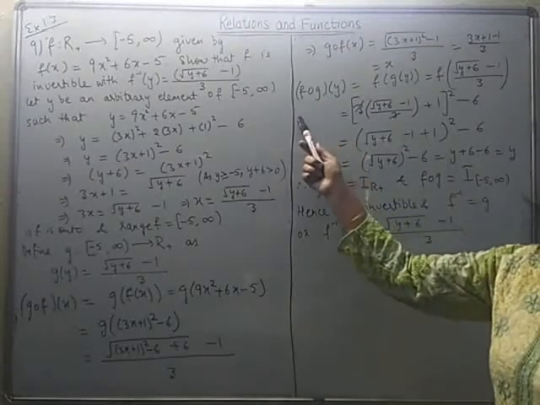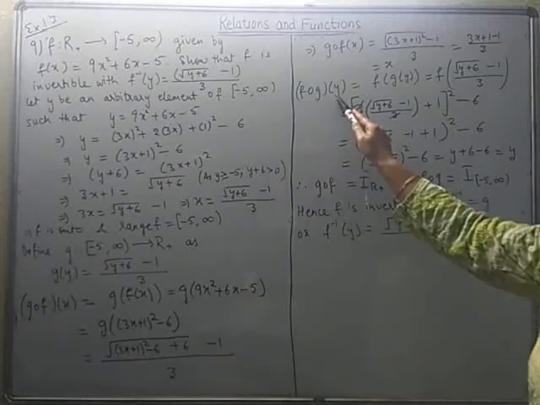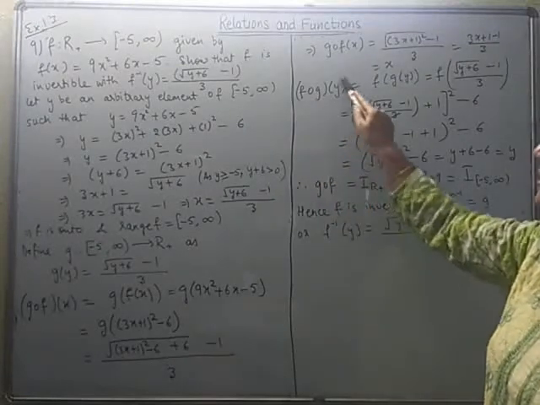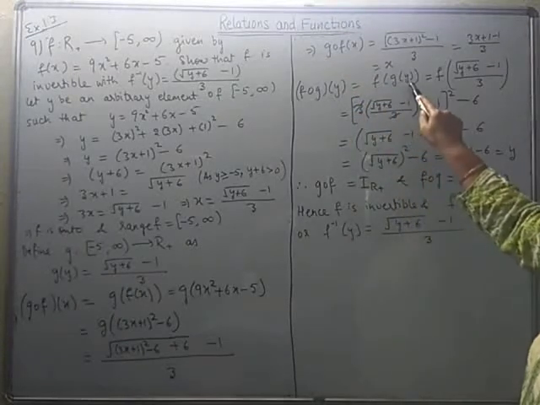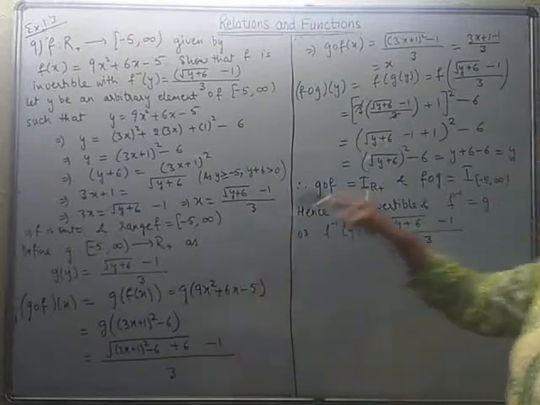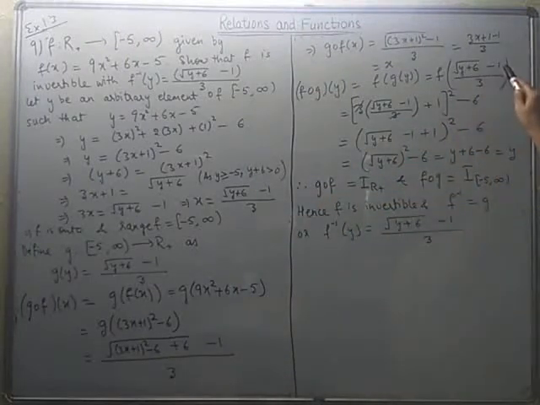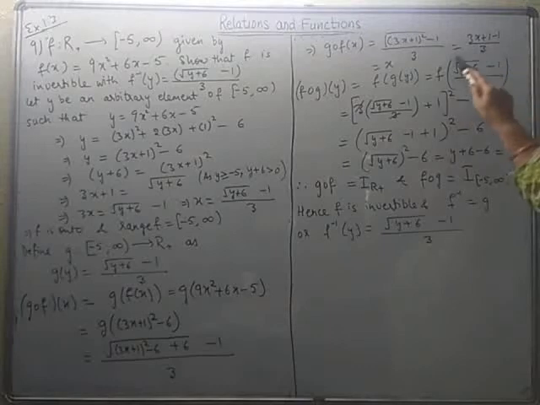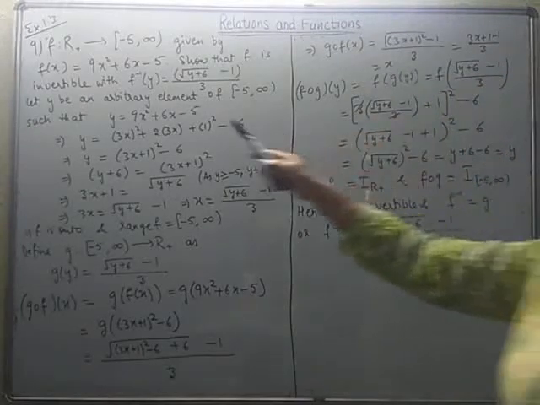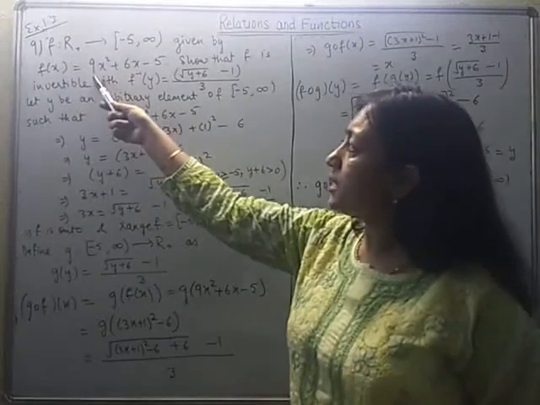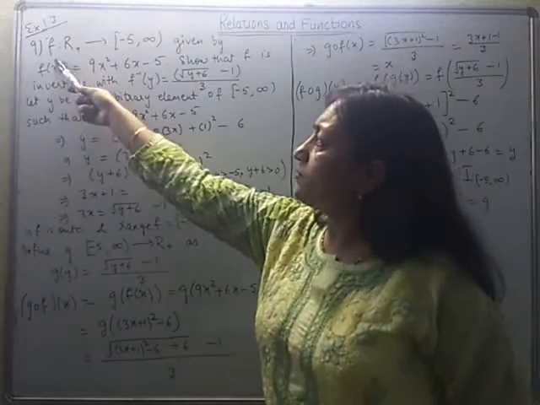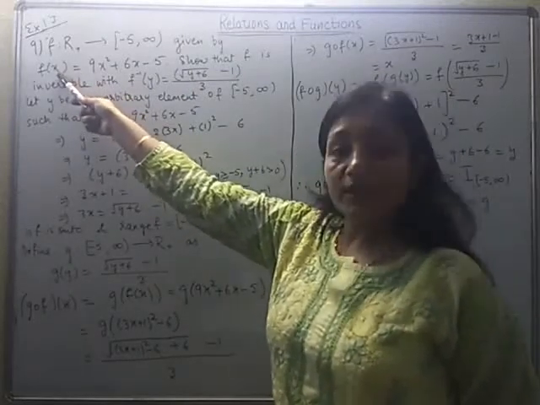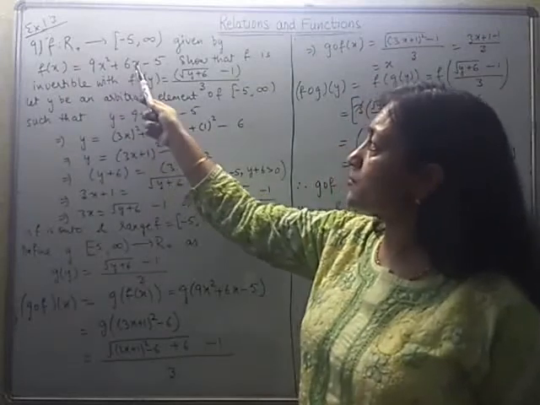Moving on to the composition of g and f. Now you take elements from the domain of g. We have used the notation y for it. So f of g of y. And what is g(y)? g(y) is defined as square root of y plus 6 minus 1 over 3. So g(y) we have substituted here. Now use the definition for the function f(x). f(x) is 9x square plus 6x minus 5. So whatever is appearing here in place of x, same should be substituted for x.